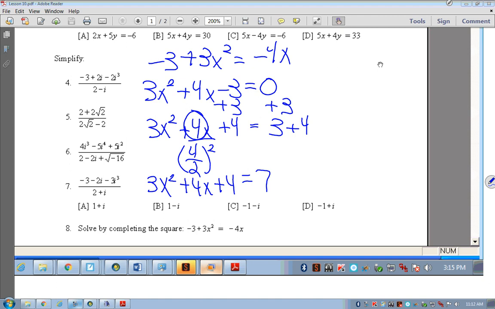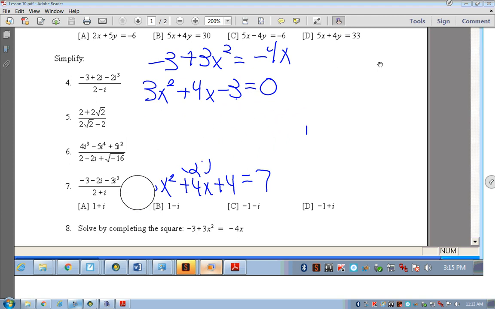Okay? Now, unfortunately, what you're getting in here is something I don't like about the way they do these completing the square questions, because it doesn't lend itself towards factoring. Okay, 3x squared plus 4x plus 4 doesn't lend itself to be factored. In the end, what you see with something like this is that what you could just as easily do